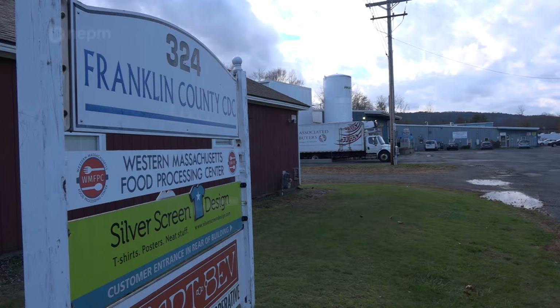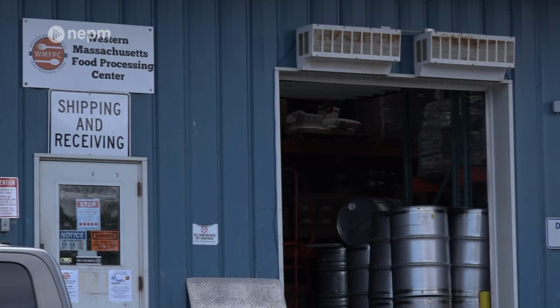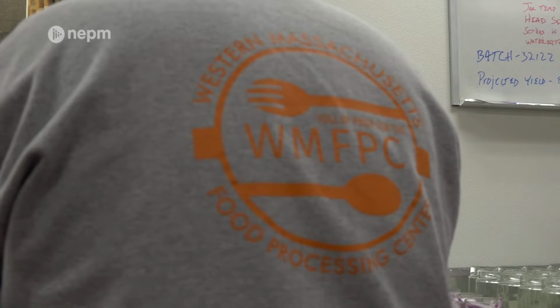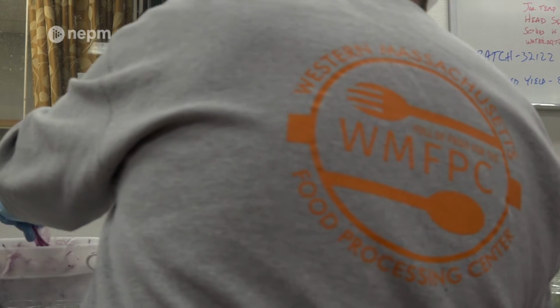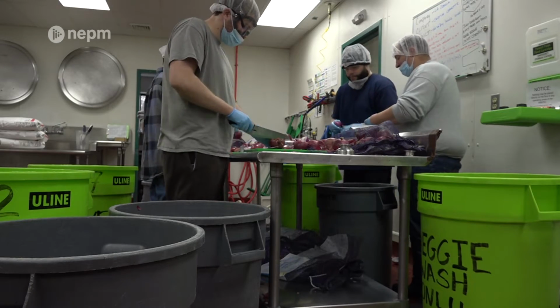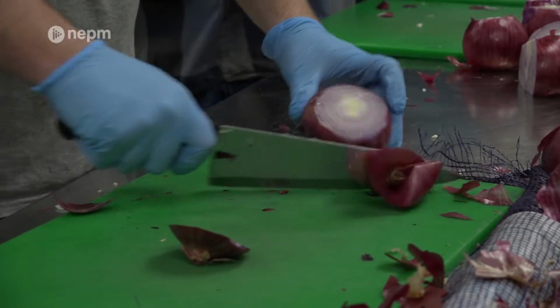As the sun tries to make its way up over 324 Wells Street in Greenfield, within the confines of this old warehouse building, there's already a crew hard at work. This is the Western Massachusetts Food Processing Center, an operation of the Franklin County Community Development Corporation. And while on the surface it may appear to be just a micro-assembly line, there is a much bigger purpose